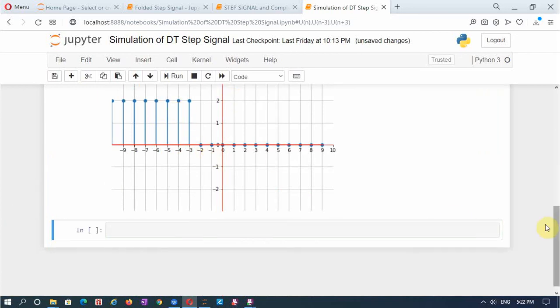Okay. So that's about simulation of the discrete time signal. What is the difference between the continuous time signal and the discrete time signal?